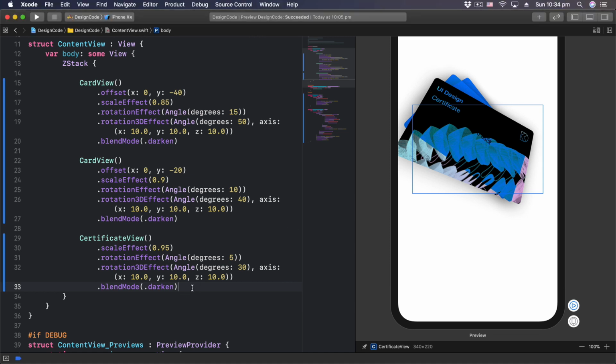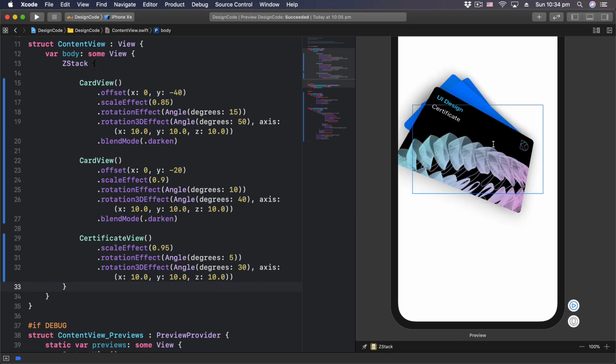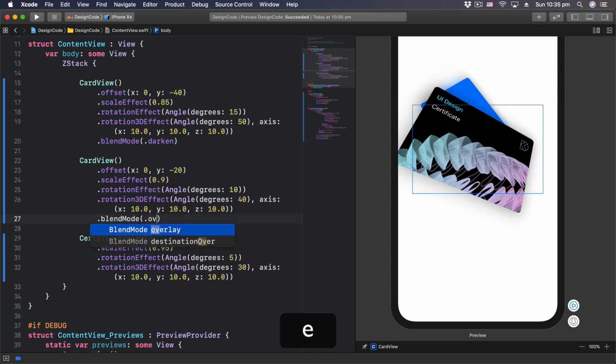So I'm gonna go back to Swift, and let's say for the certificate I'm going to remove the blending mode because I want to see the content. But for the background I can definitely use soft light, for example. Soft light can be very subtle, so overlay can definitely help make the blending a little bit better. But when you have such a soft background, such as white, it's not going to work really well. You're going to have to use hard light because we have a very light background. So you can see now we see some really interesting color with the hard light. So I'm going to apply that for the background card as well, and now we're starting to see some interesting